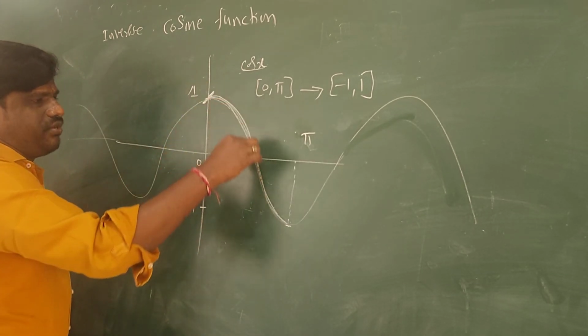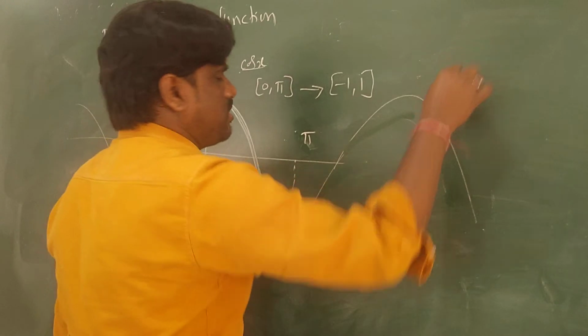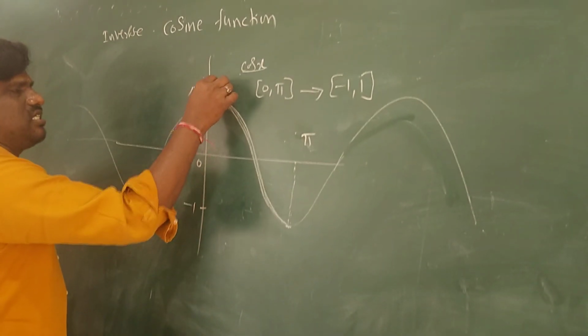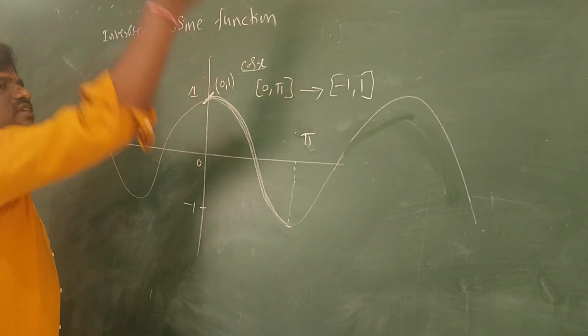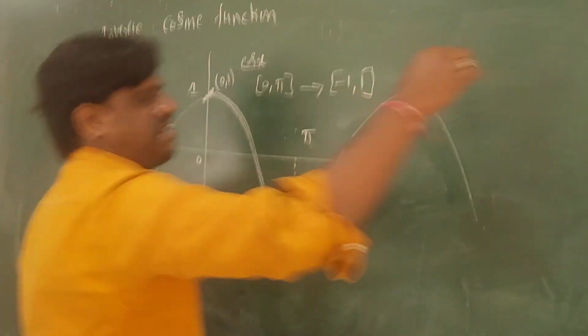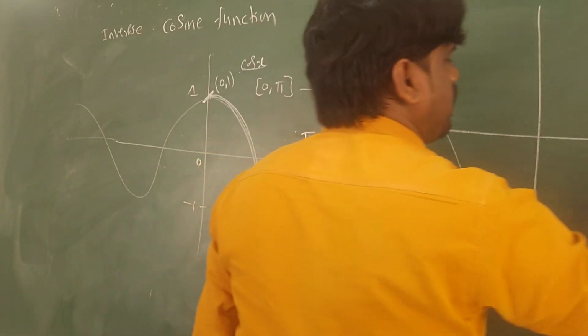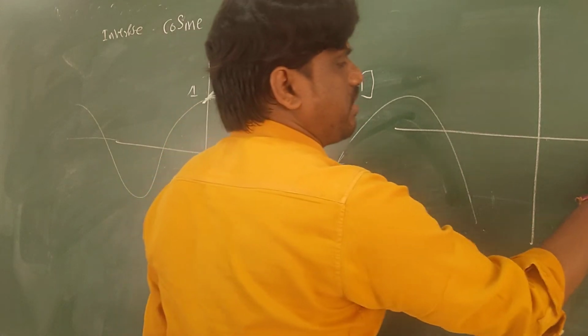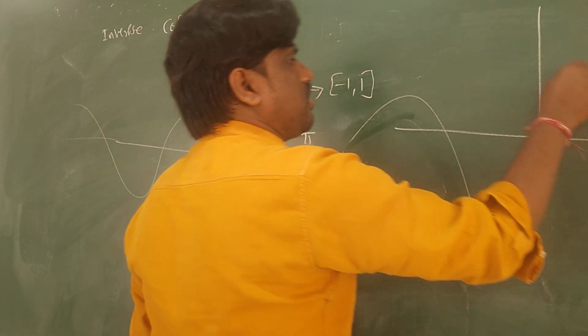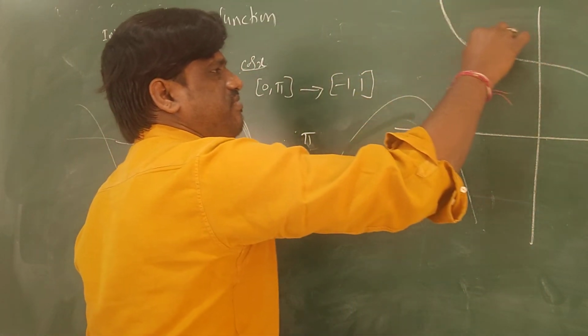So the graph, if you draw this one, I told you already, it is a reflection. The point 0, 1 is there, so you will get 1, 0 on the graph. I told you, the inverse function will be reflected. Where will 1, 0 be? Here. So from here to here it goes. This is the graph of the function.